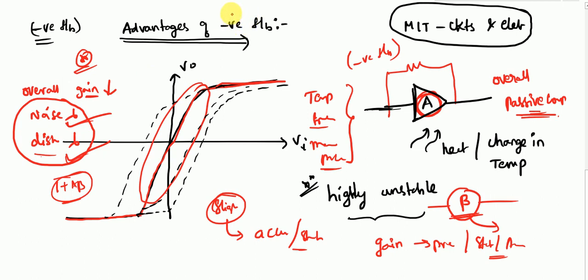So why wouldn't we bother, if there are so many advantages with negative feedback? We mostly prefer negative feedback circuits only. There are still some applications for positive feedback which we will discuss later, but we focus more on negative feedback circuits. So from the next lecture we are going to enter into operational amplifiers, which are very important and very easy also if you follow from the beginning.